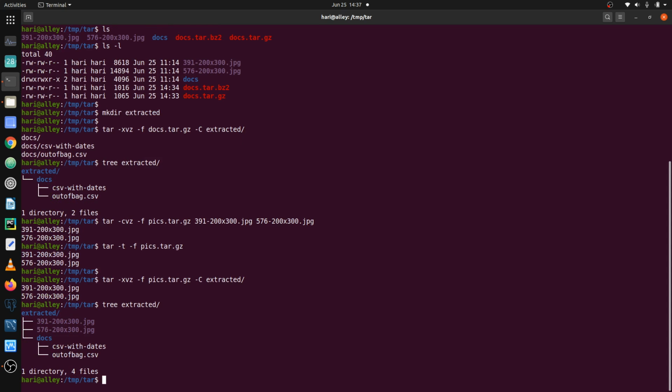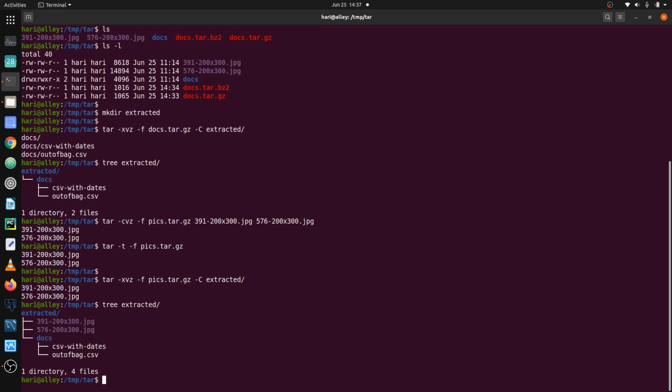And the two image files have been extracted to that particular folder. So that's compressing multiple files using tar and extracting them to a particular location.